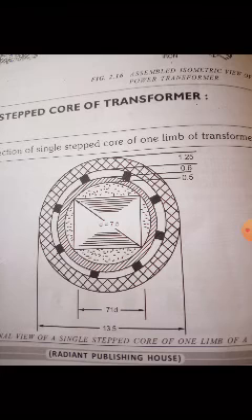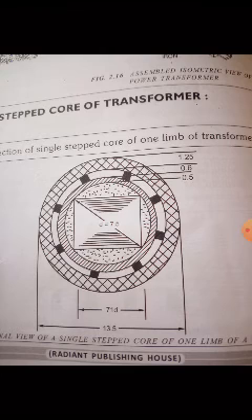So now let us go back to our drawing. How we have to draw this thing. First of all, to draw this particular thing, we will take one small question of an LT winding and HT winding. In this question we will try to learn how to draw a core section of a single stepped, two stepped and three stepped core transformer. So now again, how this single step or two step or three steps are seen.